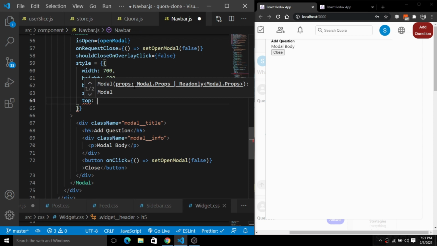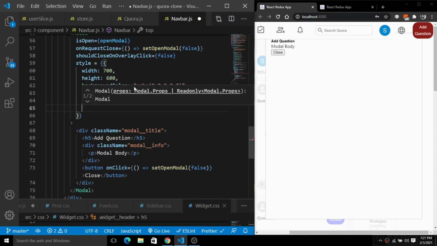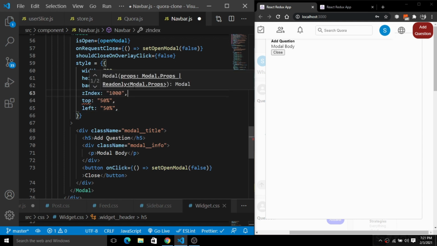We will simply move it to the top of 50%, and left of also 50%. Okay, put a comma. Fine. So we have this top of 50%, left of 50%.